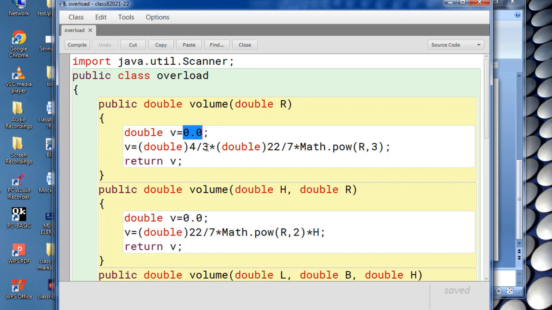Now 4 by 3, this is an integer, this is also an integer. So if you do integer division, it will take the integer part only, and the point something will be discarded. So I don't want to discard it, so for that I have done explicit conversion. Okay, same thing out here also, 22/7. And